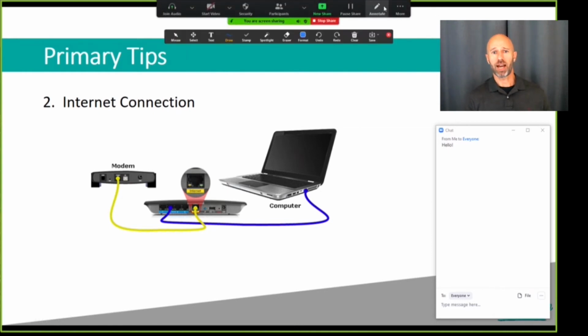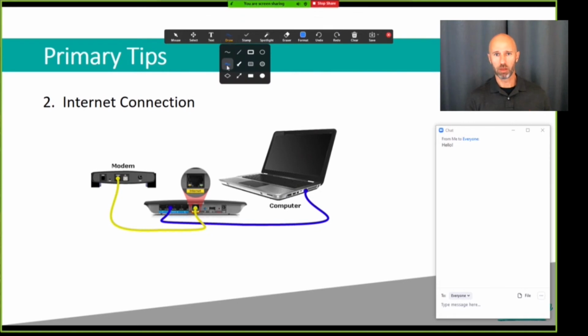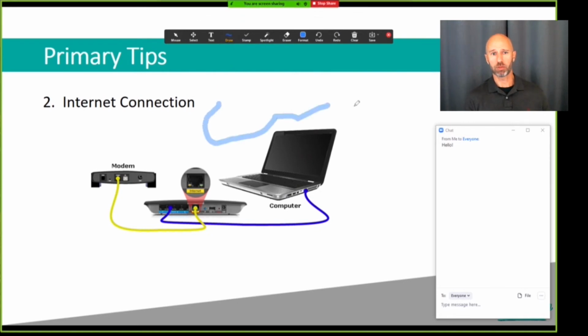Annotate gives you various options similar to a whiteboard. You can draw lines or circles or shapes or whatever. Clear all drawings to reset. The spotlight allows you to highlight your mouse to make it easier for the audience to see what you are